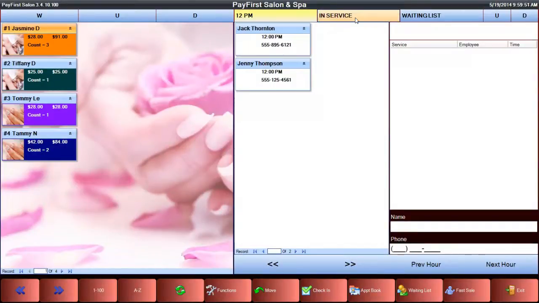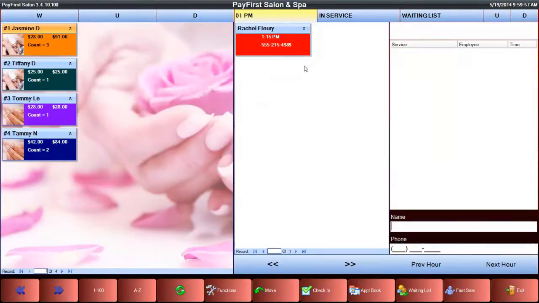We showed you how to check in an assigned appointment. Now let's check in an unassigned appointment. With unassigned appointments, they will be colored in red. If we select it, we can see the services that was requested, the time, but you'll see that under employee, it's unassigned. To check in an unassigned appointment, select it, select the appointment employee,